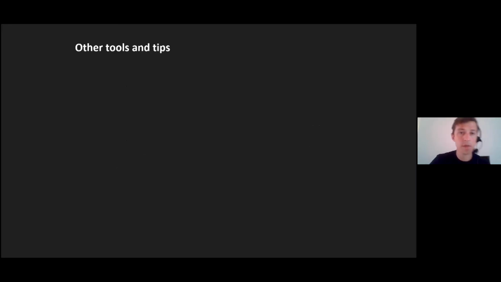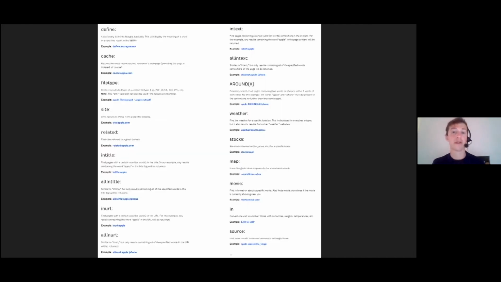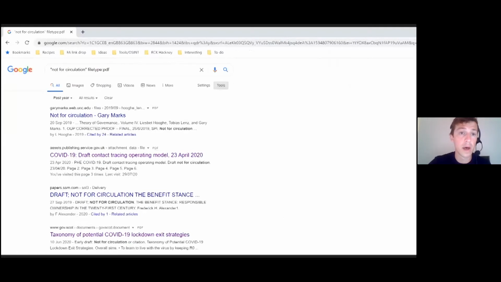In terms of some other tools and tips, Google search operators are extremely useful things to use. I'm sure some of you are familiar with the basic search operators. It's things like file type, things like site, things like map, in URL, in text, all in text. These are really powerful operators which begin to just cut out the clutter from your Google searches. And what's really helpful about those is that you can almost do some sort of fishing expedition. So, for example, recently I did this